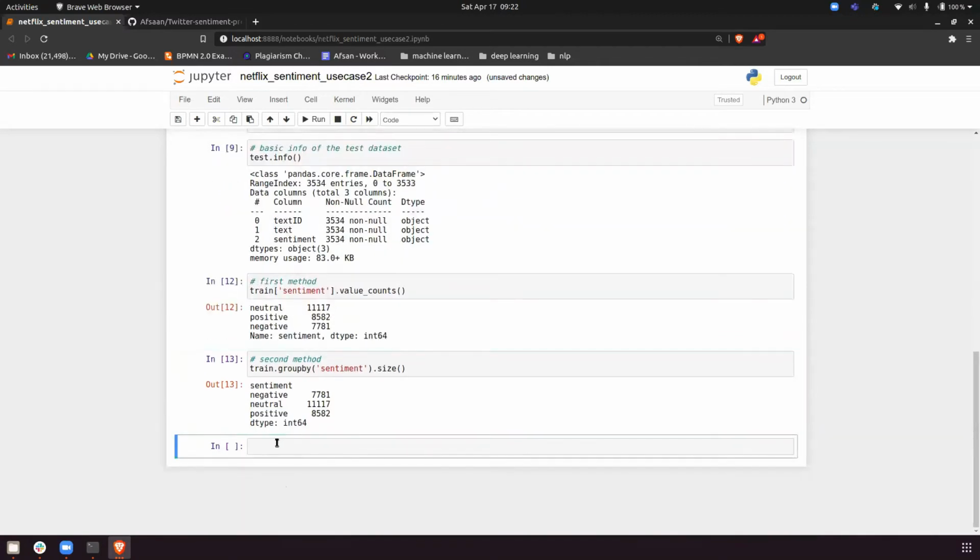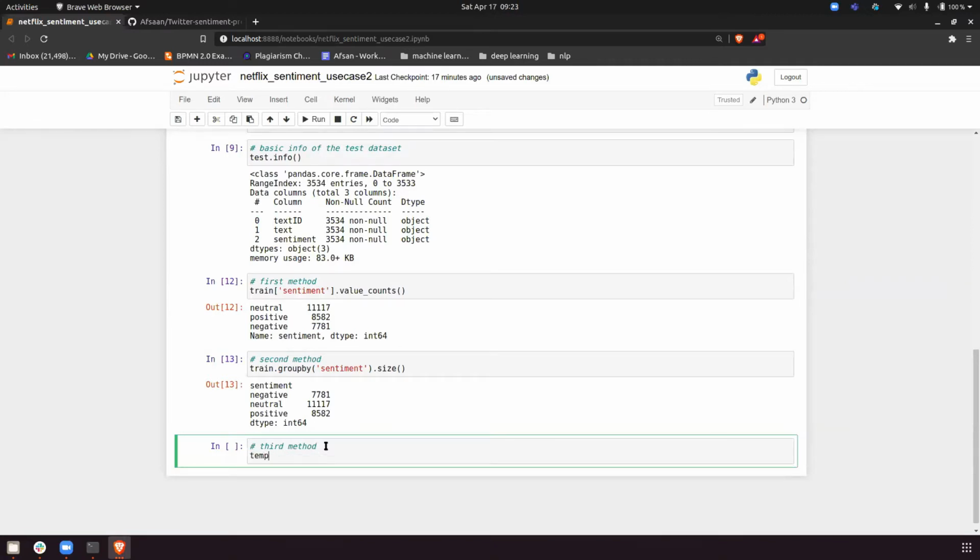Okay, and the third method I will give. I will write it on my own. So my method is not different from yours. My method will also give the same answer, but in a very graphical way. Graphical in the sense that when you try to represent this kind of data, this is not looking good, right? Because you are just giving the text and the number. So I will give the same data but in a proper way. Okay, so let me write this.